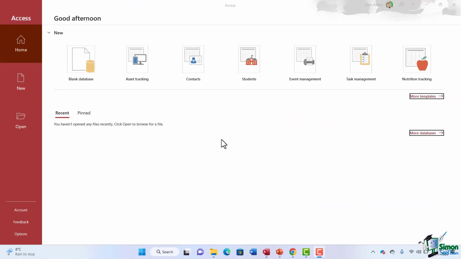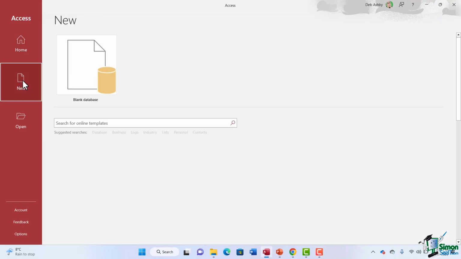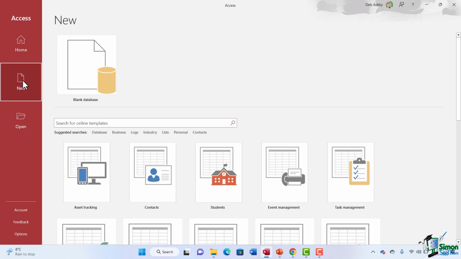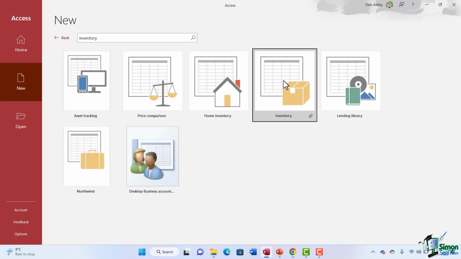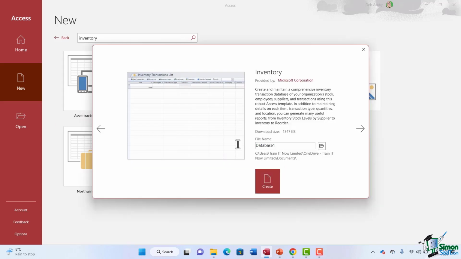So the first thing I asked you to do was to open the inventory template. So we're going to jump straight across to new. There are a few different ways that you can do this, but we're going to click on new. And then in the search for online templates bar, we're simply going to search for inventory. And I don't mind which one of these templates you use, so I'm just going to select this one just here. And we're going to give it a file name of